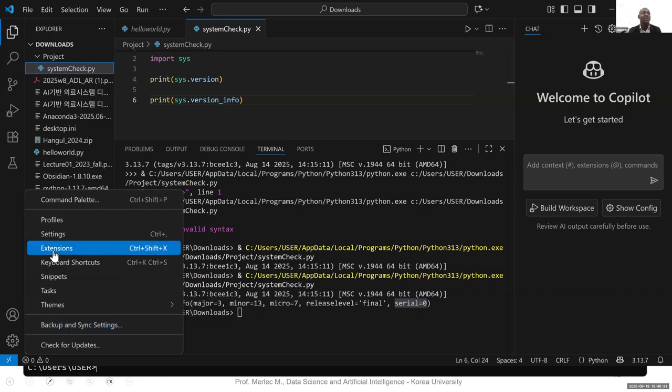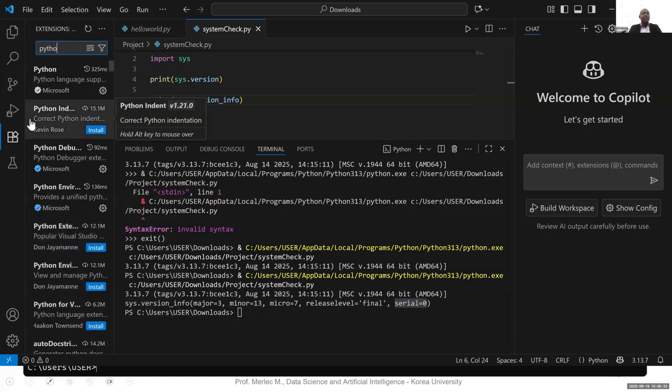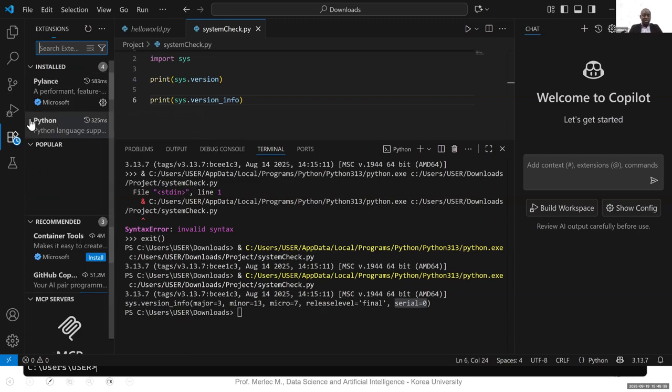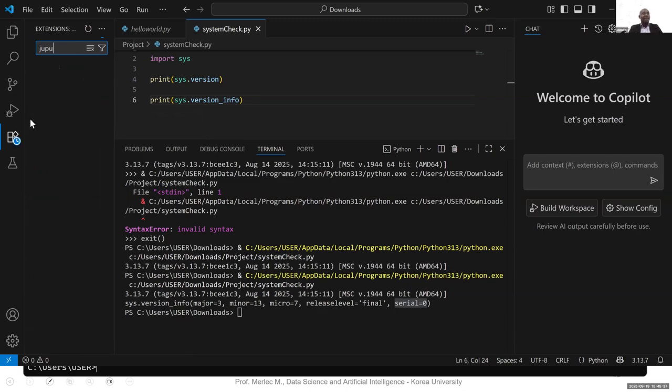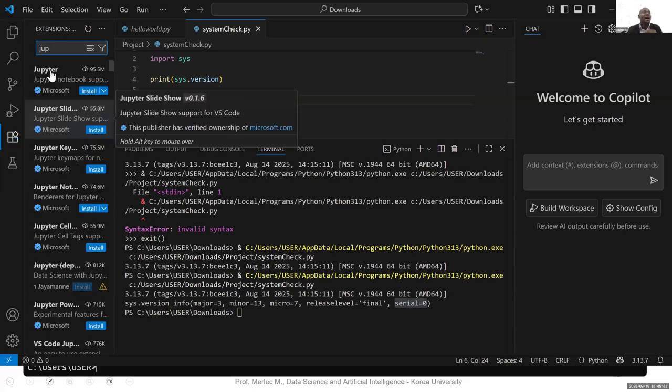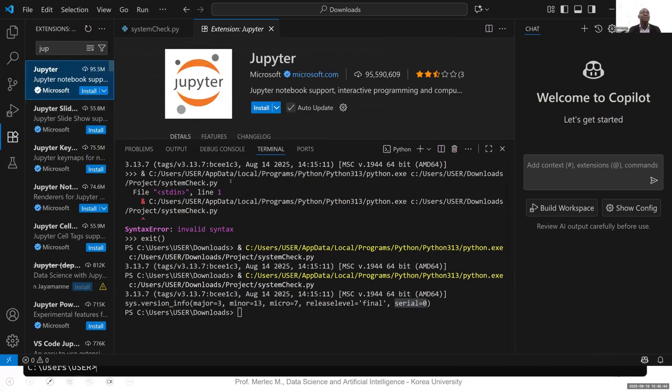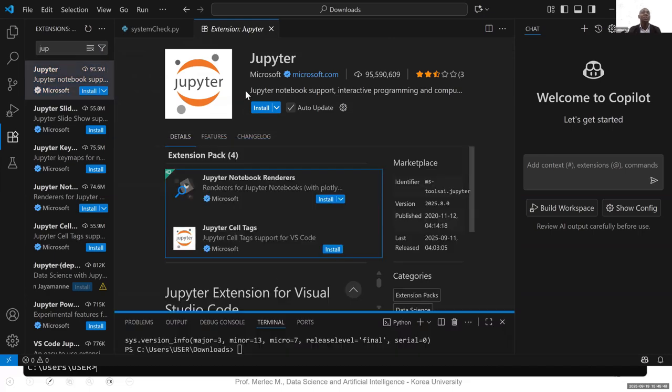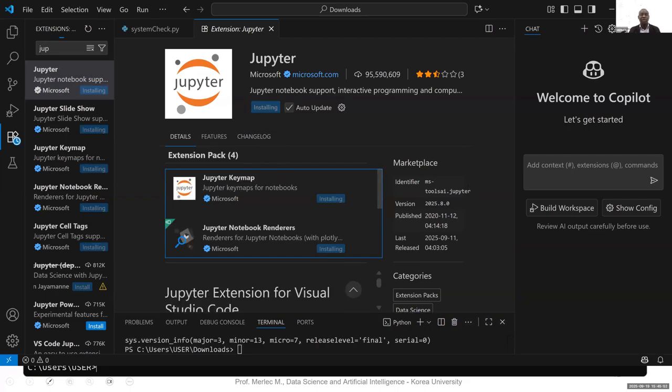So let me take an alternative. I just go here in the extension Jupyter. I can add, yeah, I can add an extension like this. If I add the extension, I can use the Jupyter notebook in my VS Code because